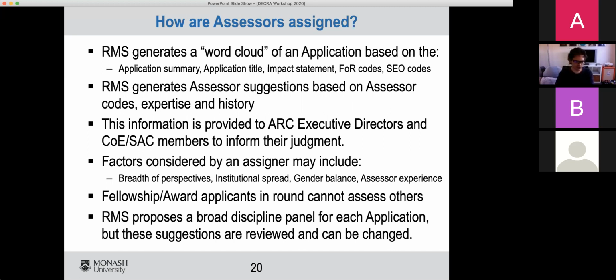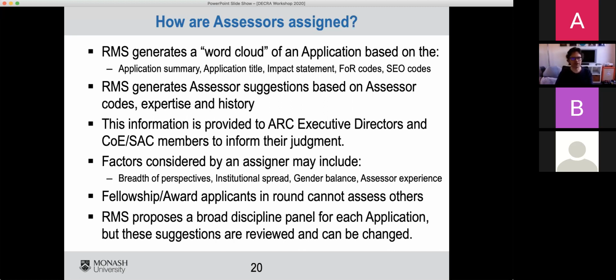And then the system also proposes a discipline panel, so biological sciences, chemistry, maths, engineering for the application, but those suggestions are also reviewed. So it depends on exactly which field you are as to how complicated that decision is. So biological sciences typically has its own panel, and so biological grants typically go there, for example.